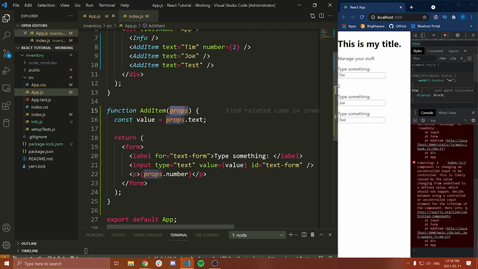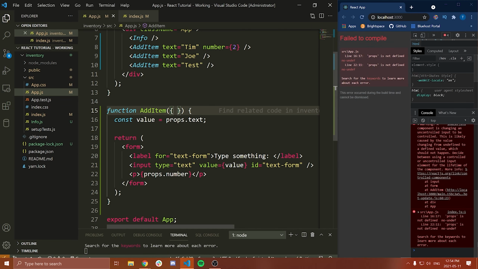Now, what you can also do, though, is omit this prefix here of props by decomposing or breaking down the JavaScript object that's passed through. Now, there is a formal name for the syntax I'm about to use. I can never remember what it is, so someone please do correct me in the comments. I believe it's like decomposing or breaking down or deconstructing or something like that.